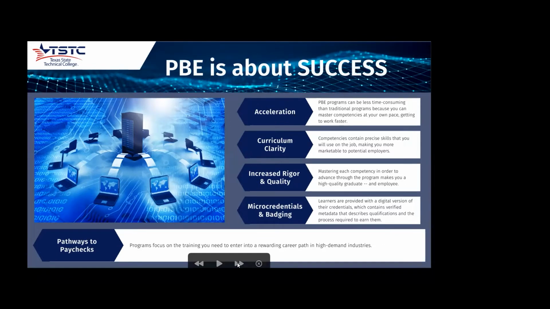We also offer what everyone refers to as micro-credentials and badging. The learners are provided with a digital version of their credentials that contains verified data that describes the qualifications and the process required to earn them. Very simply put, they're going to get the nice, pretty little badges that roll up that everyone wants to use. If it's, for example, an IT industry recognized certification, such as CompTIA A+, Network Plus, Security Plus, and so forth, they're going to be able to utilize those badges, provided they have mastered and sat for that certification exam and earned that certification. We're also going to give them the standard college transcript, as well as a competency-based transcript, which